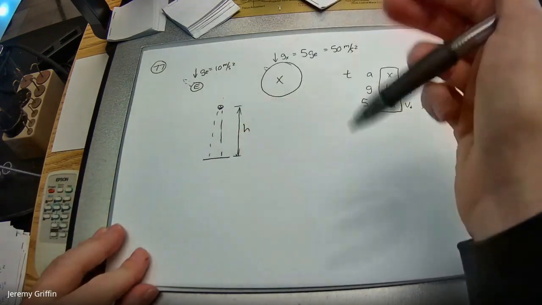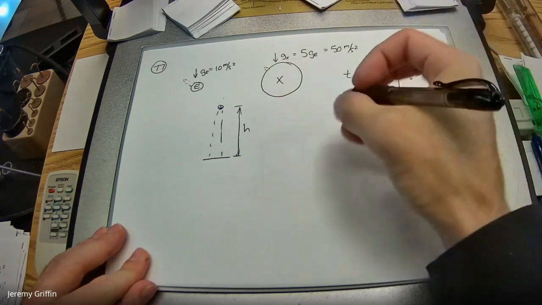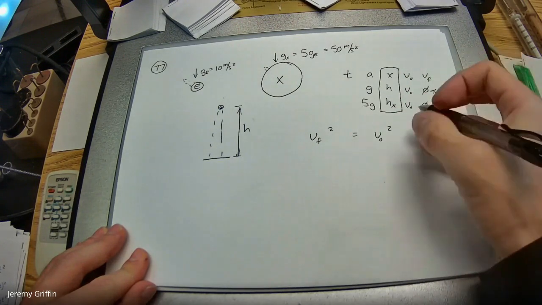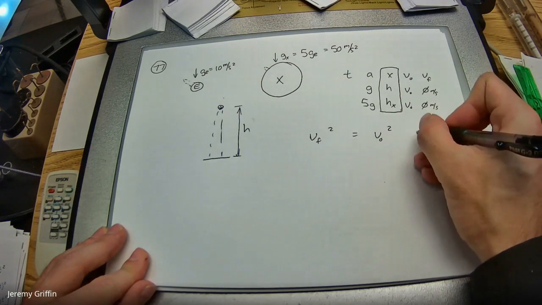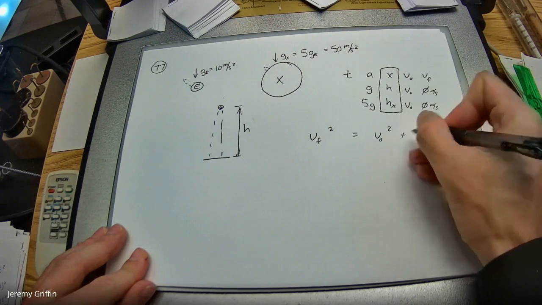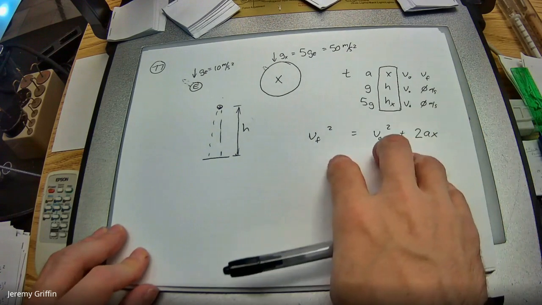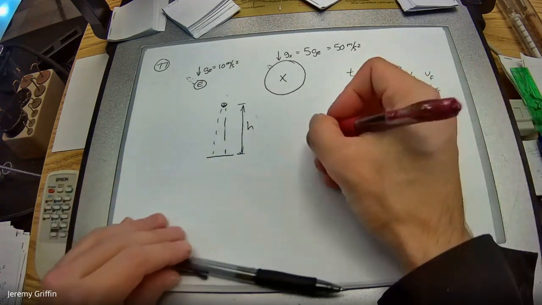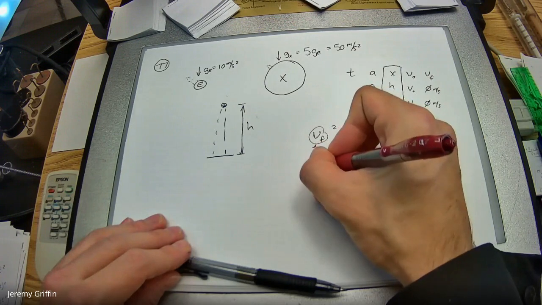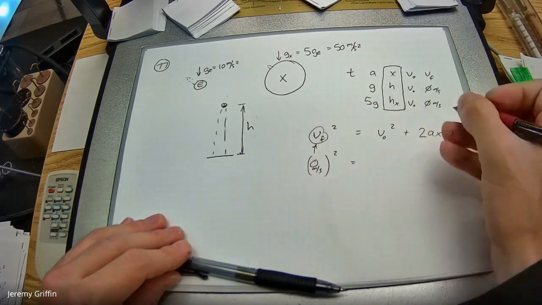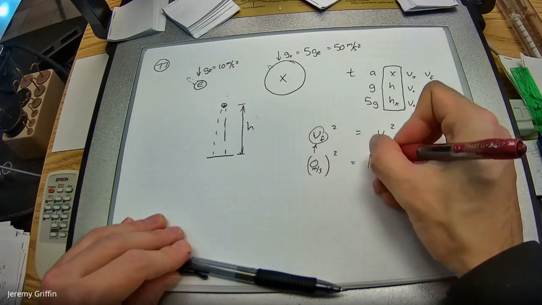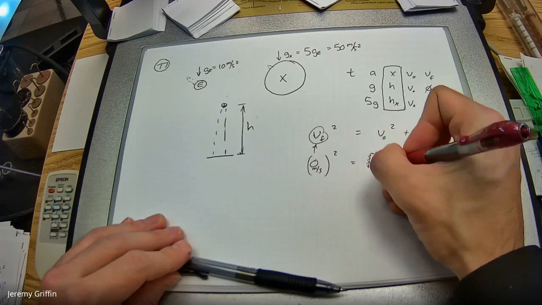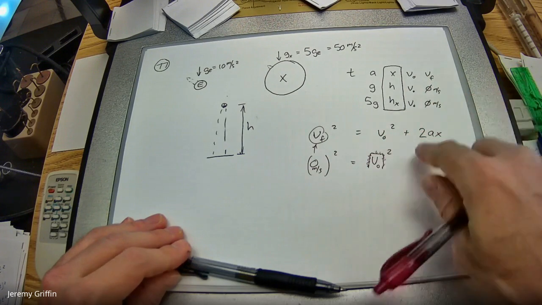So final velocity squared equals initial velocity squared plus 2ax. If I want to keep it in general, I might say that. I can modify this equation for the scenario. At maximum height, Vf is going to go to 0 meters per second. Here's their throwing speed, call it V naught. Sorry, I didn't mean to box that. It's squared.